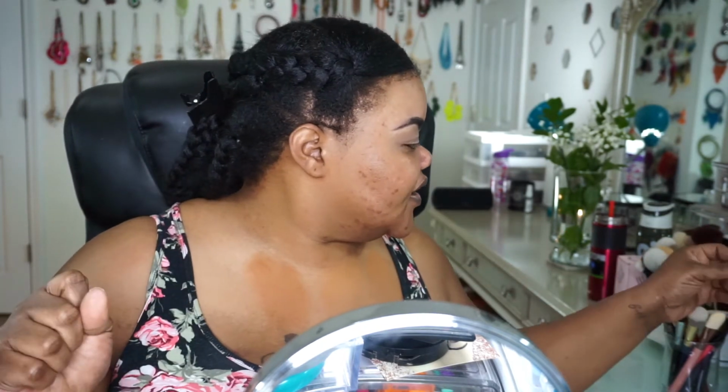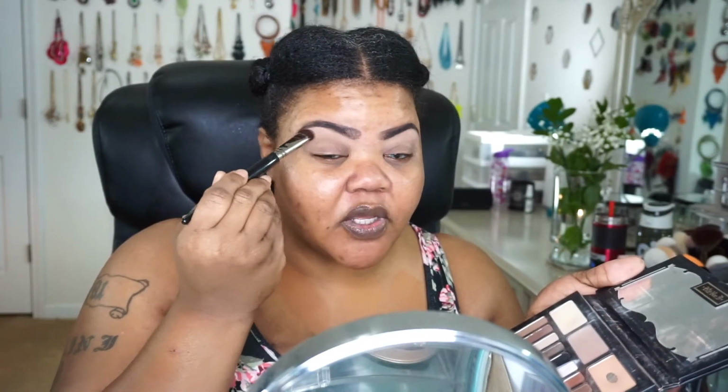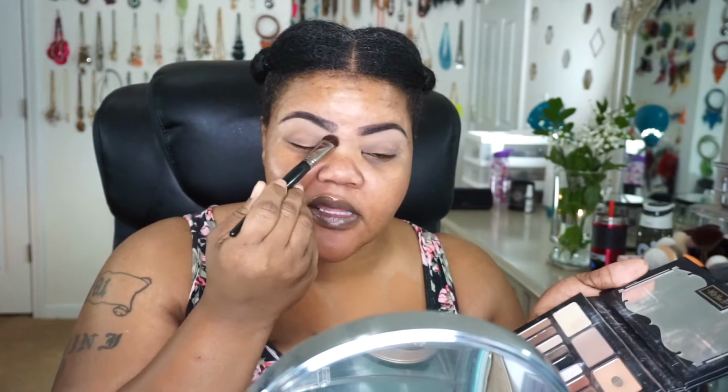So let's go ahead and get these eyes done. You guys already know I'll go ahead and use these top 2 shades to set down underneath my actual brow, so I don't have any blending issues going up into my actual brow. And I'm really just going to go ahead and pull a quick look together. But while I'm actually doing my makeup, let's talk about...